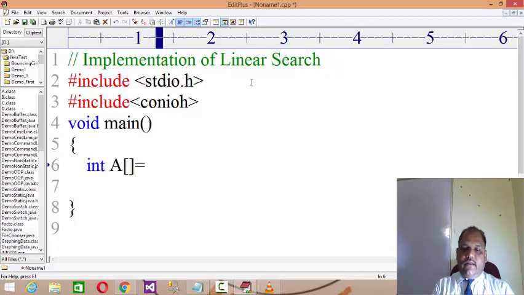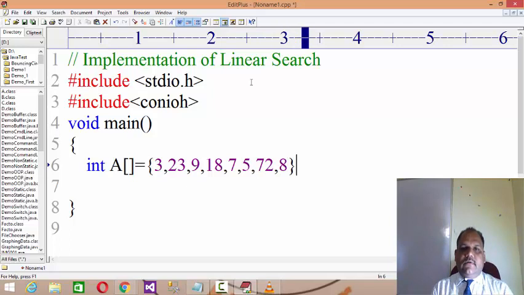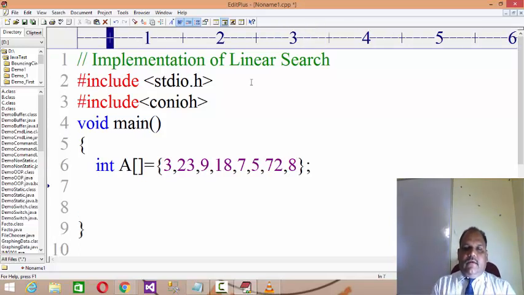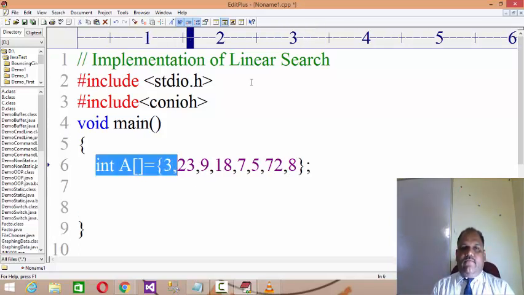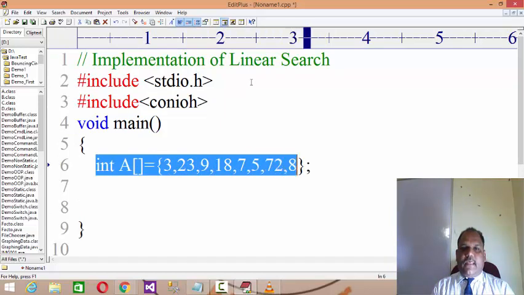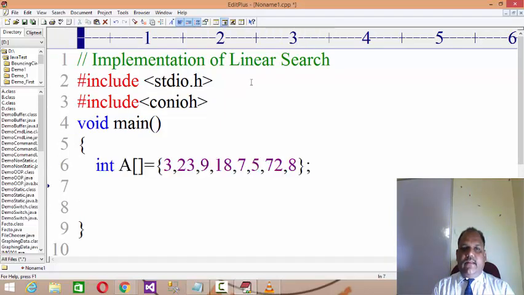Let us say you have an array and you have a collection of random entries. So it's an array of random elements, and now you want to apply the linear search on it.